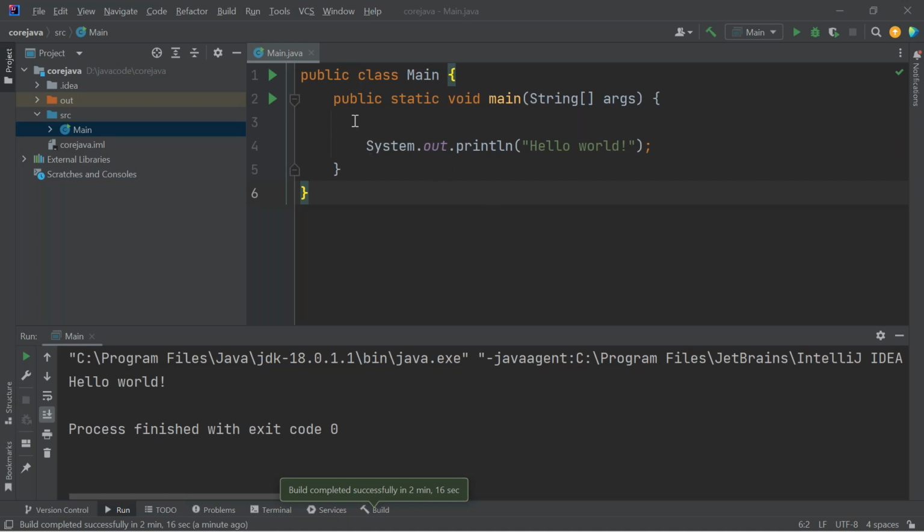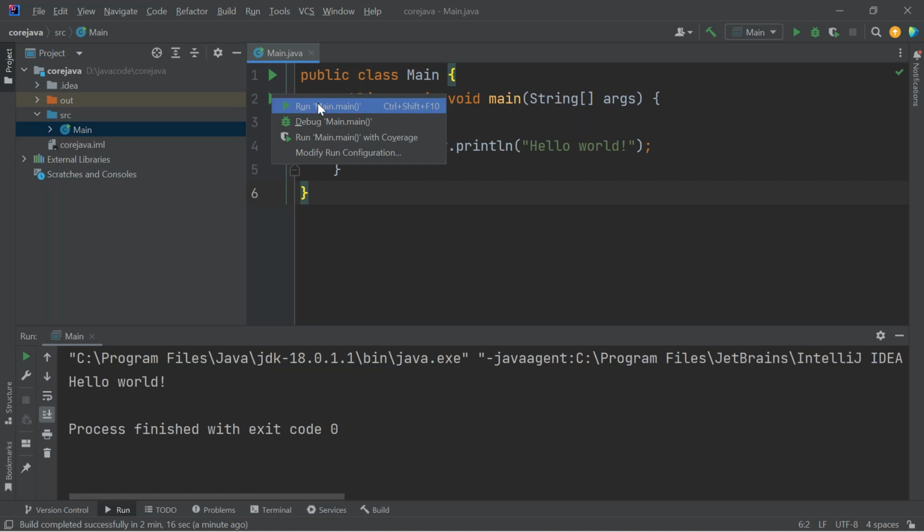So what I have done, this is a sample program. I didn't write any program, but this is my simple hello world program. Even if I wrote it myself, I would have written the same thing. The Java class was created by the IDE itself, and I ran the program. This is the way you have to run it: click on the green triangle, then click on the run option at the top. When you do it, it will take some time for the very first time because it has to download some jars and other things. The very first time it will take a minute or two. Then I got this output.